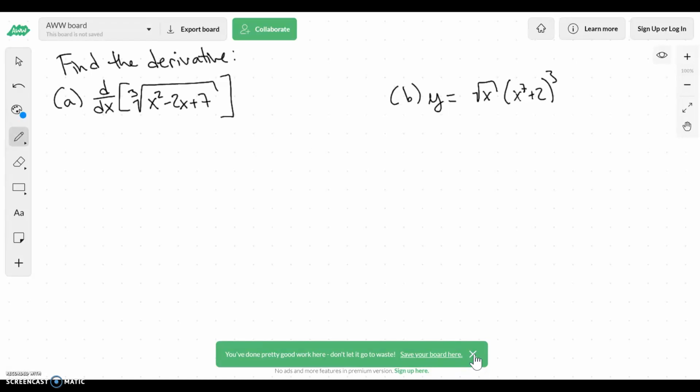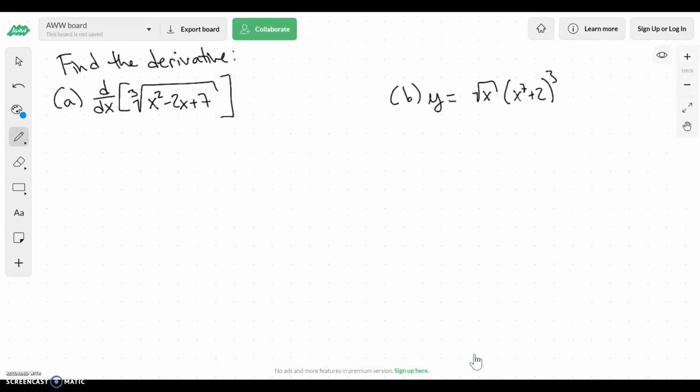Okay, so in this video, we're going to use the chain rule. Here I want to find the derivative of these two different functions. The first thing is that we have to use the chain rule for both of these problems. And at least for number one, the first thing to do is to make sure that you